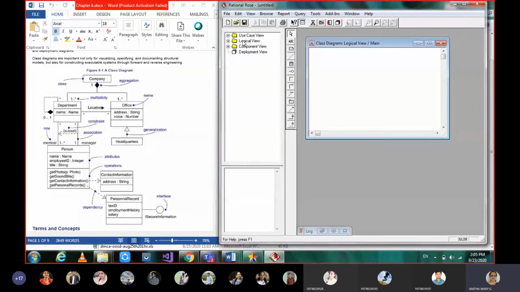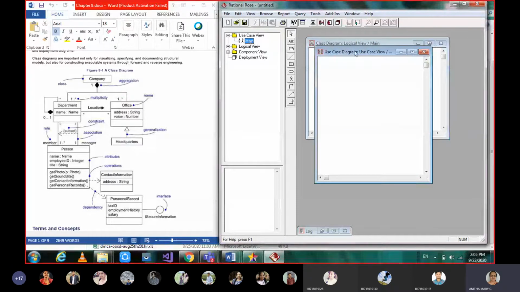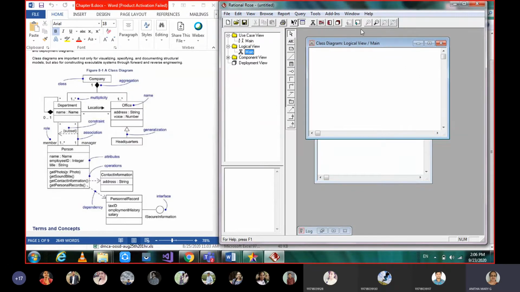So that's the architecture of UML and how those views are given in the tool itself. Use case view means you will get use case diagrams. When you click on this, you will get a use case view diagram window, and the icons used for the use case diagram will be opened. When we say logical view, that is about class diagrams, and under logical view we will also get sequence, collaboration and so on. By default these are what you get.